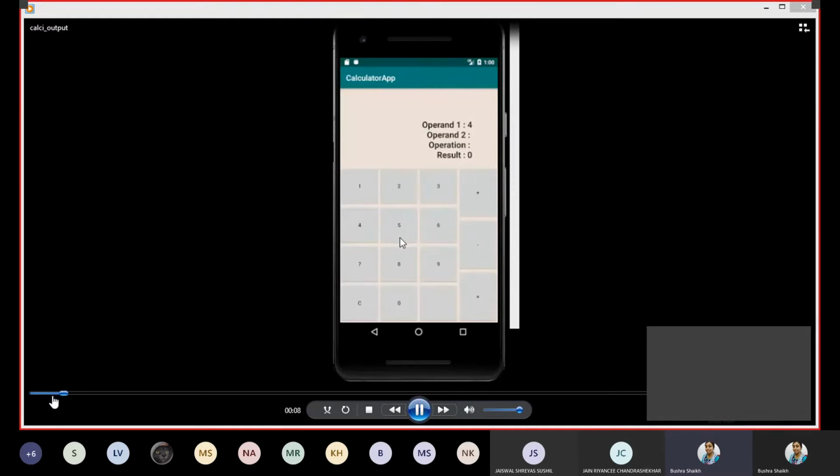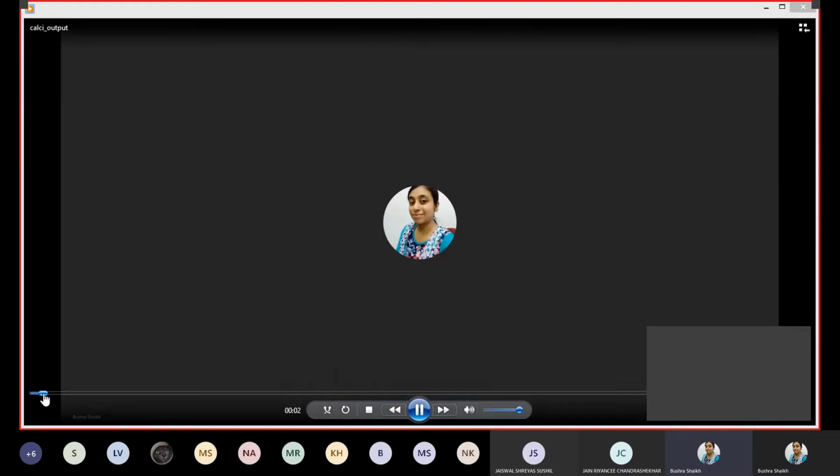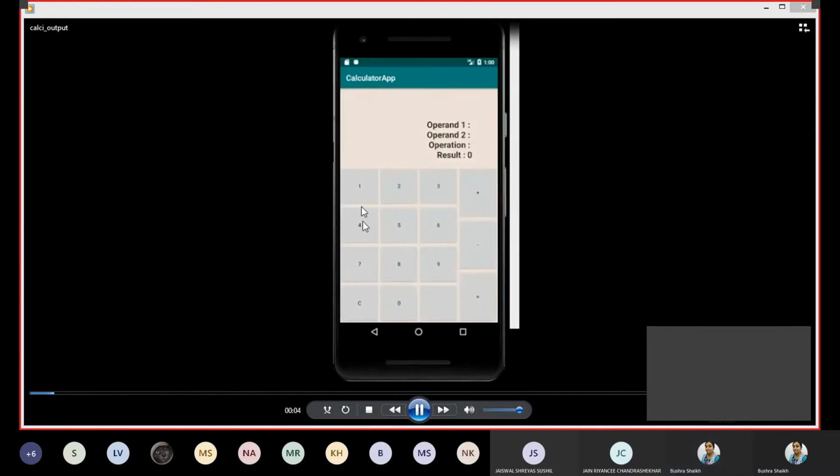So you can see, up till this much, if you try to execute, whenever you click on any of the buttons, operand 1 and operand 2 have to be set with their respective values. So first of all, this thing has to appear whenever you click on any button. You can see here initially all the values are blank.